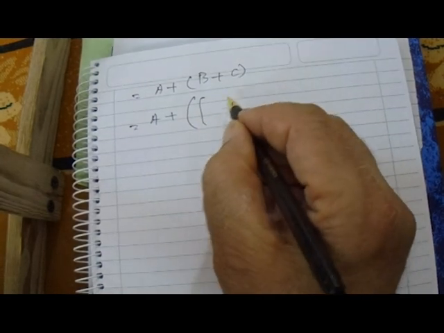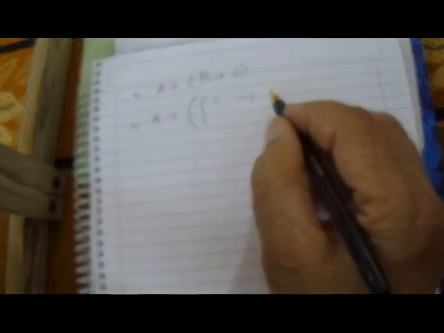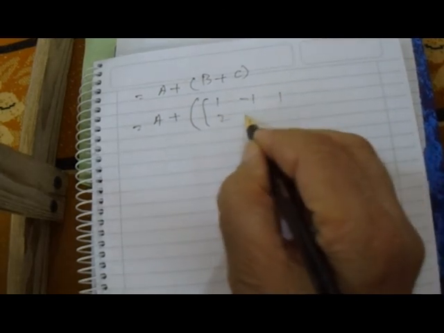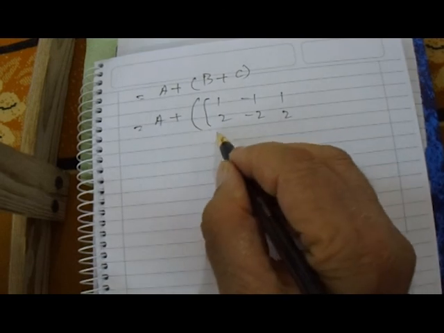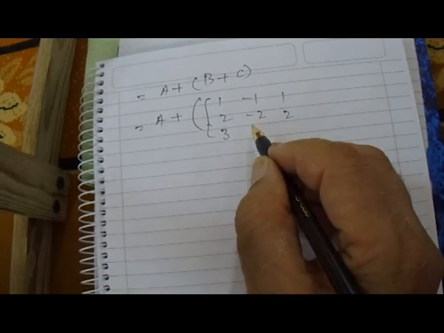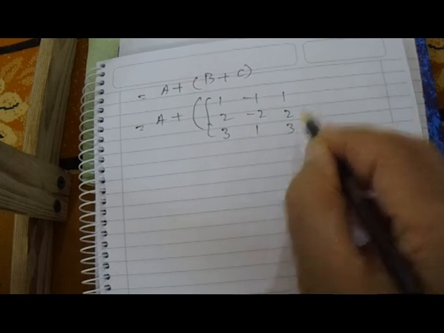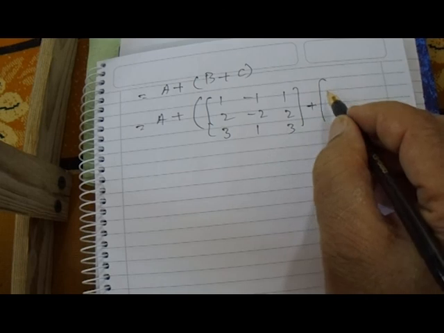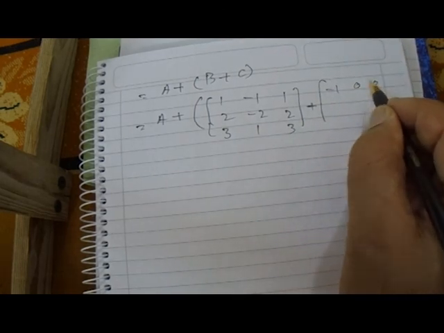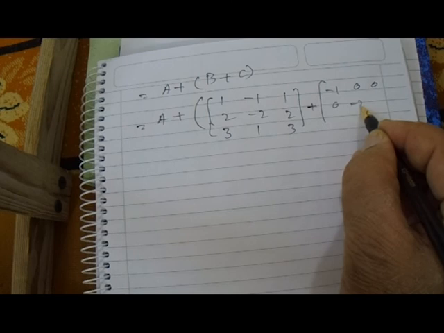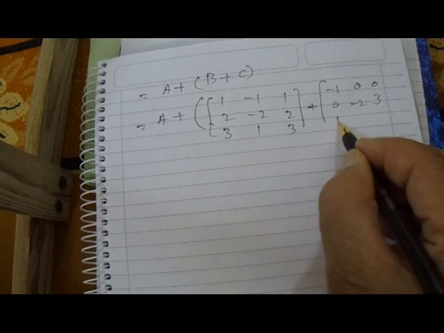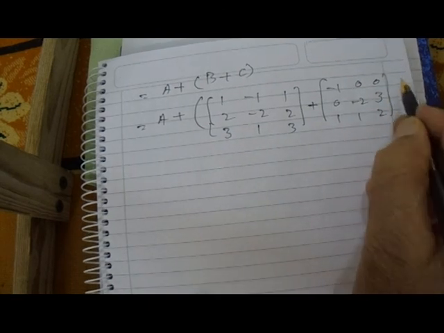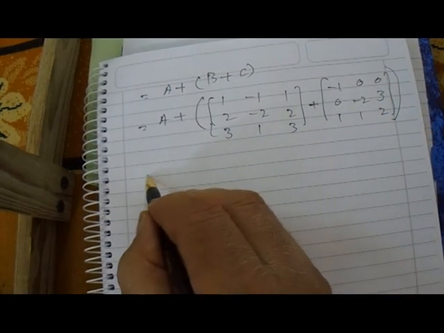First we write B matrix 1 minus 1, 1 minus 1 1, and 2 minus 2 2, and here again 3 3 1, 3 3 1 3. Now this is our B matrix. Now we write C matrix here. C is minus 1 0 0, and 0 minus 2 3, and 1 1 2. Now this is our matrix. We write here square brackets and round brackets here. Is equal to